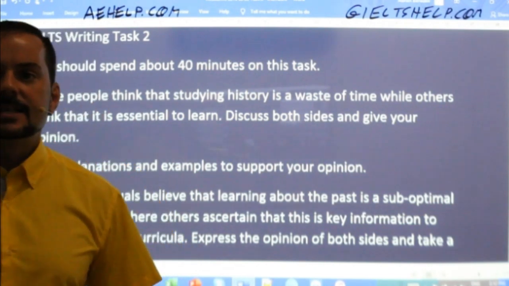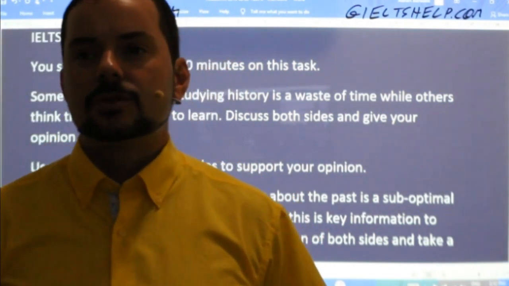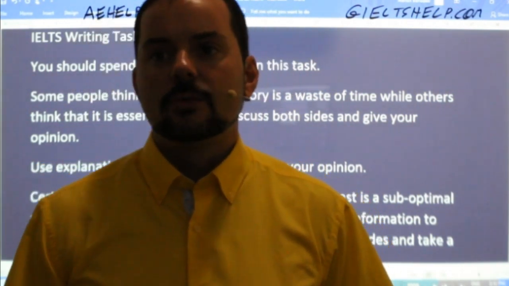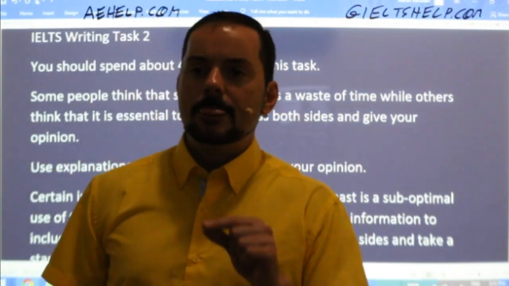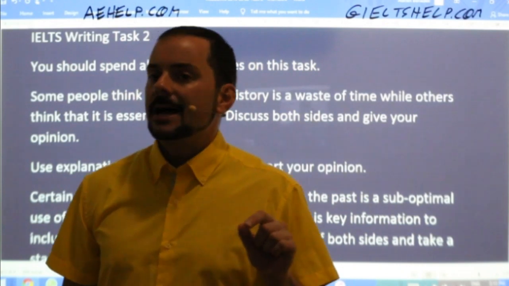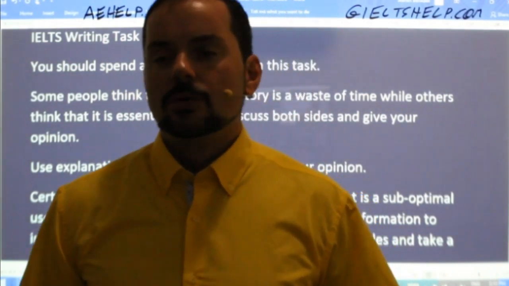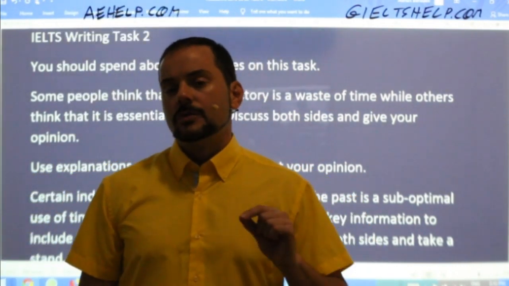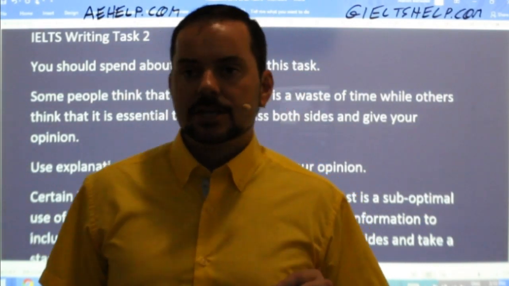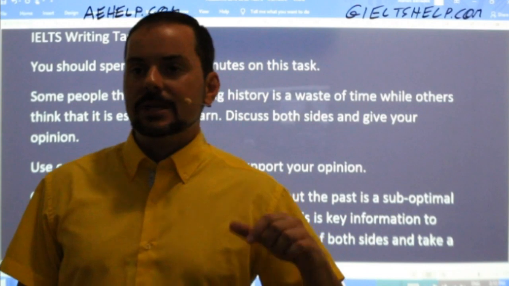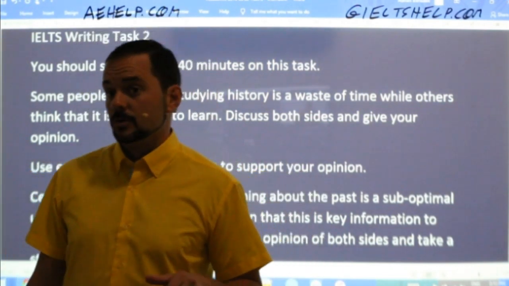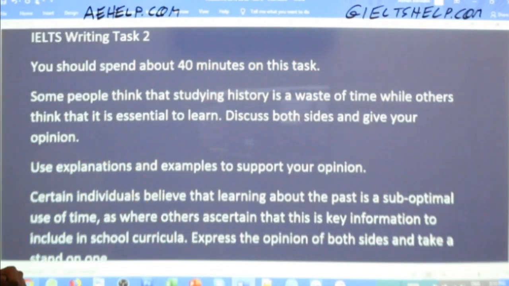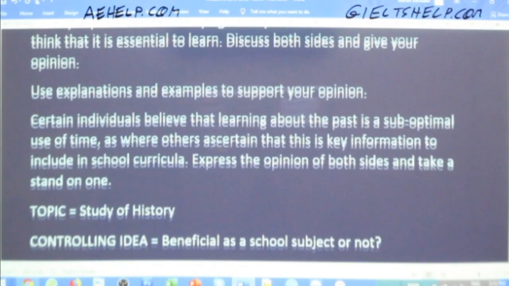All right, Roshni says this is one of 2 reasons that studying history should not be included in school curriculum. Nevertheless, this opinion is ludicrous because we can rectify mistakes. Roshni, what you're saying, this is one of 2 reasons, that's a different type of essay. So this is one of 2 reasons for not studying history. That's if you write an essay where you argue that not having history in schools is the right approach for reason number 1, and then body paragraph is reason number 2. So Roshni, that strategy of this is one of 2 reasons, it's not for this type of essay. Okay. All right, let's get into the